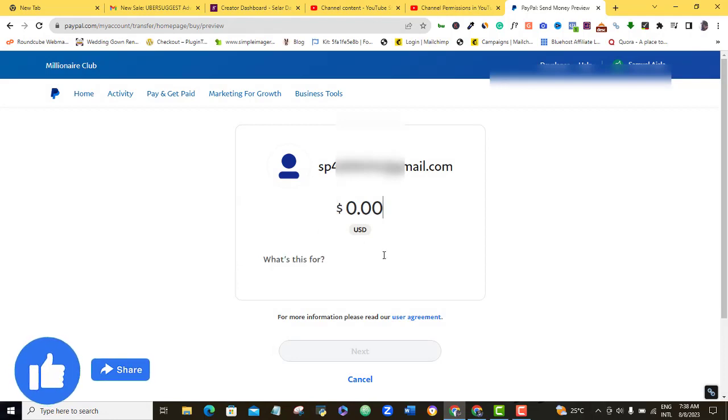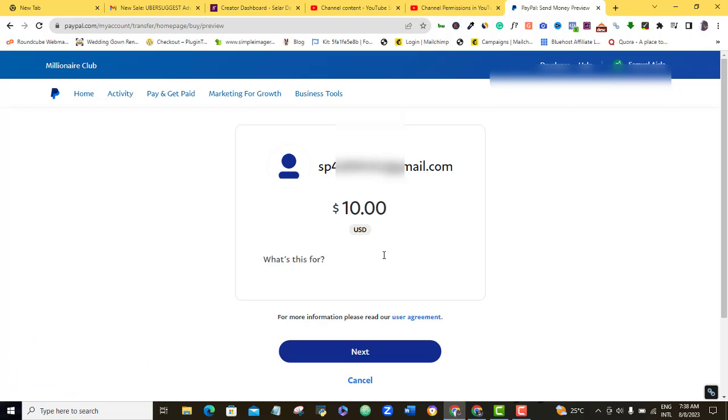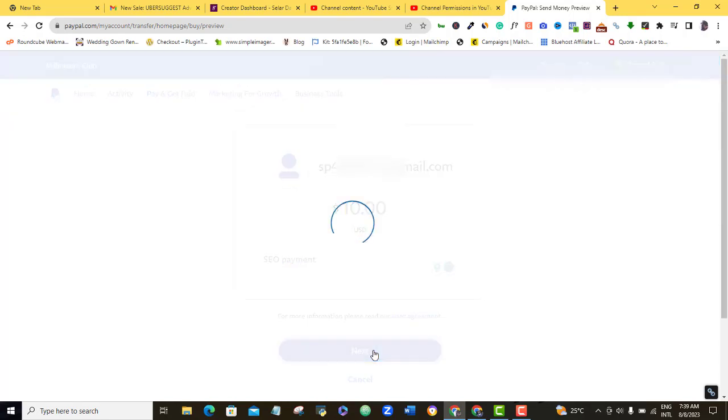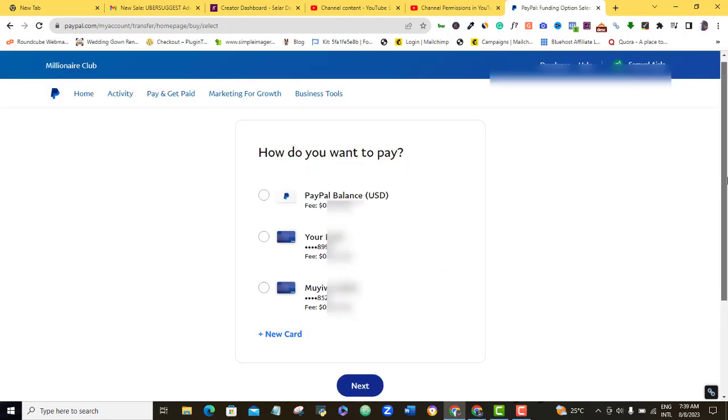Alright, so the next thing here is that I'm going to type in the amount I want to send. Okay, so here I'm sending 10 USD. So what is it for? I'm going to type in what this is for. Let me call it SEO payments. Okay, so once I do that, I'm going to click on the next button,